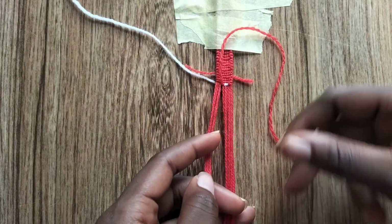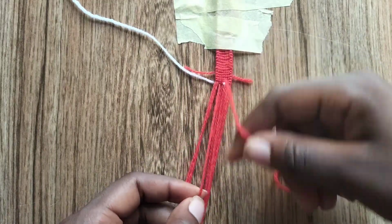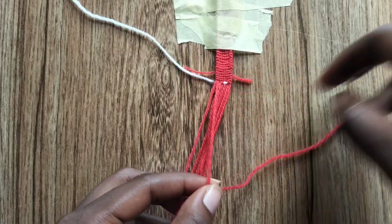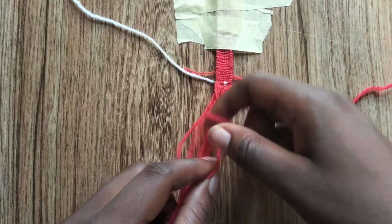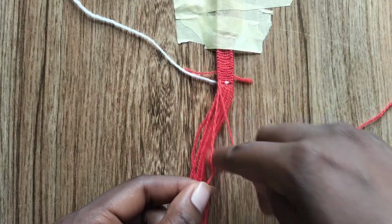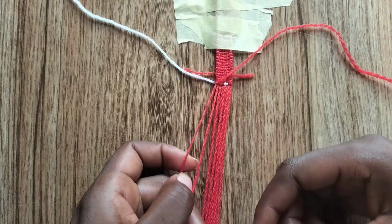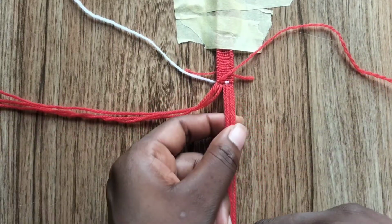So we're going to make 4 knots. We've already made 1, so just remaining 3 more. And on the edge, remember to make your full backward forward knot, which is now. We're done with this row, and to start the next row, we're going to take 3 strings here, and then